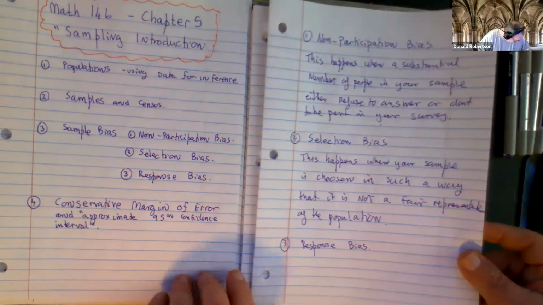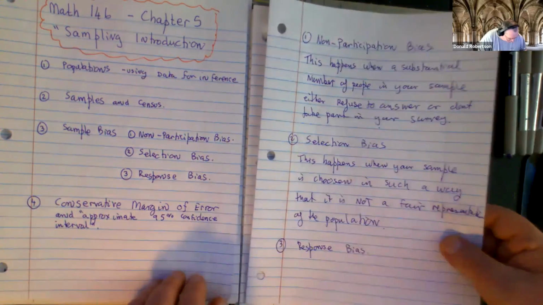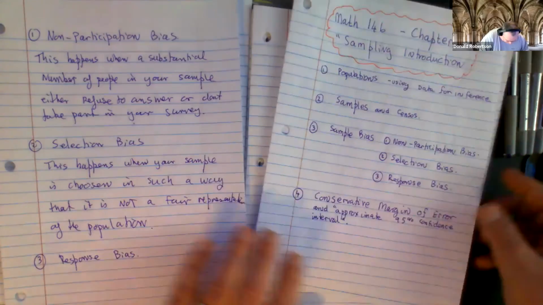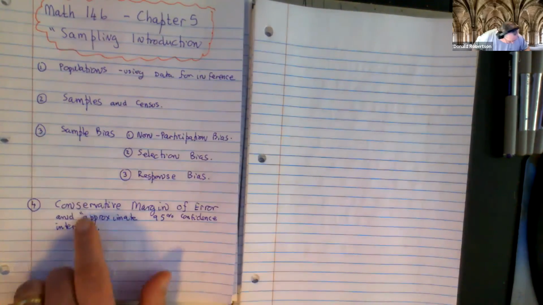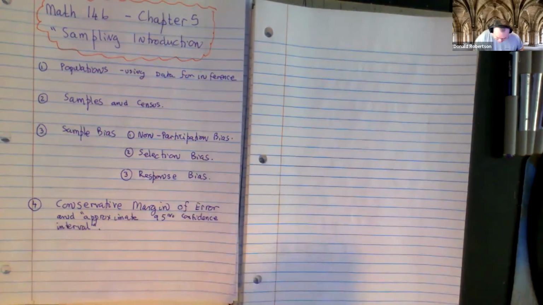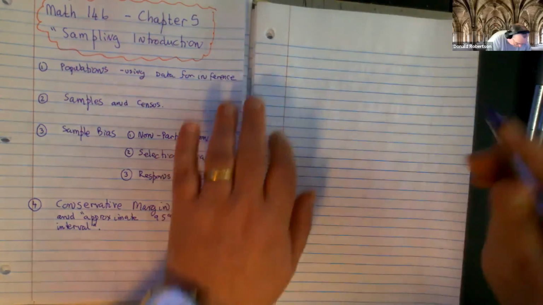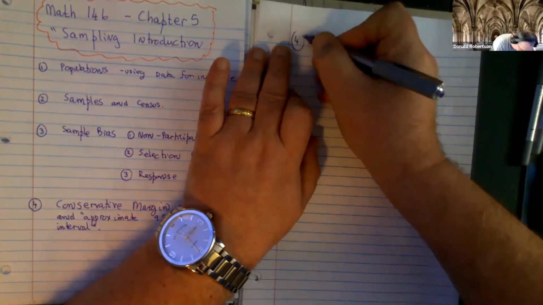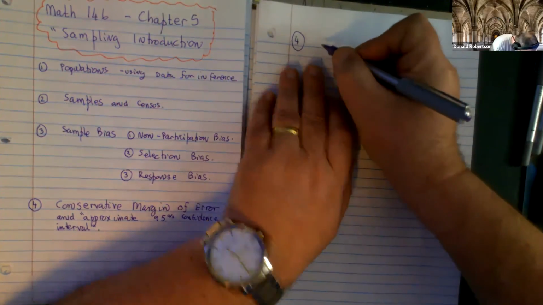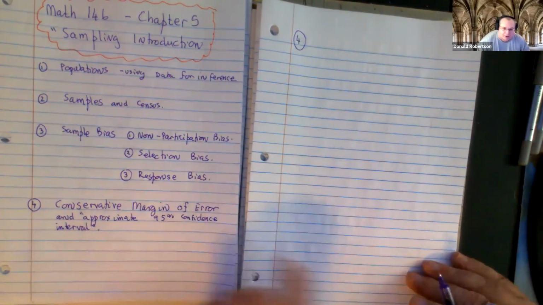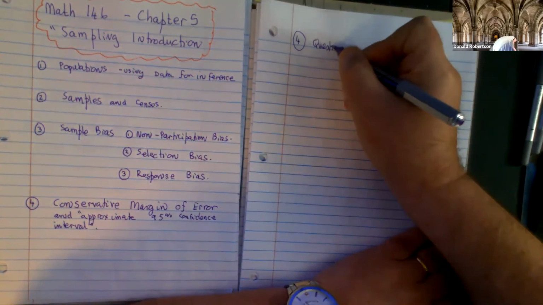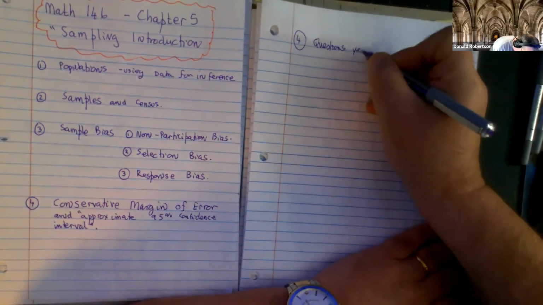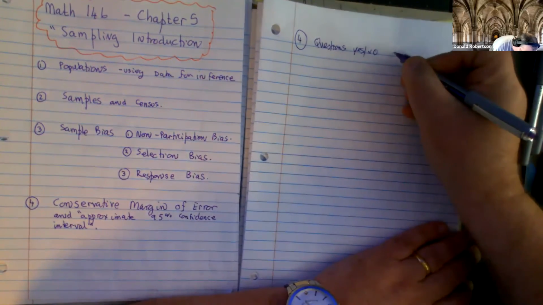Now, the last thing I want to get done, and then we'll look at the homework questions, is the only one of the lot that actually has some numbers. It's called the conservative margin of error. So what you're going to do in number 4 is this conservative margin of error, by the way, only works on questions that have a yes, no to them,